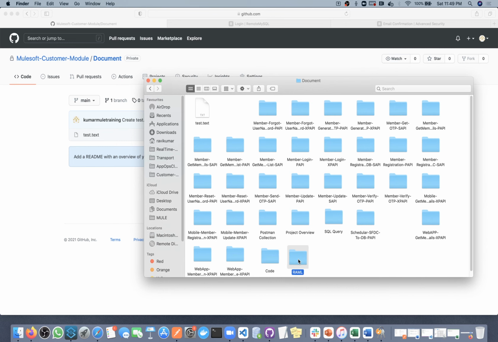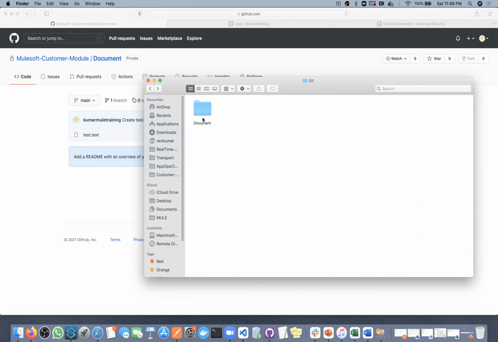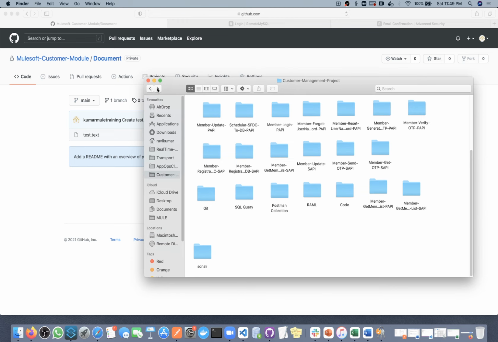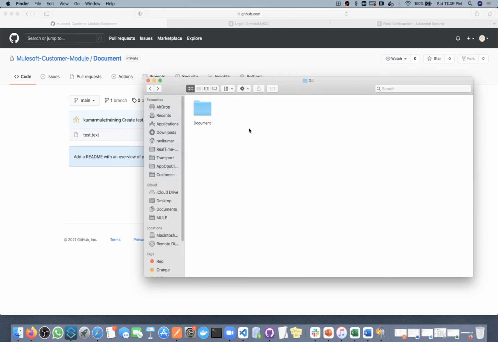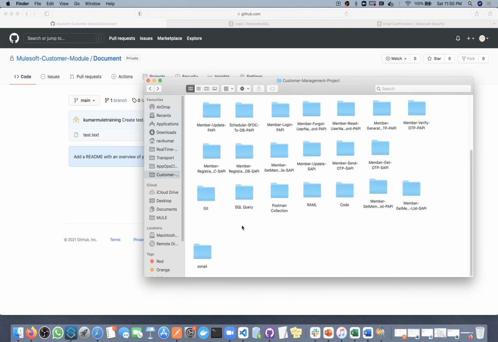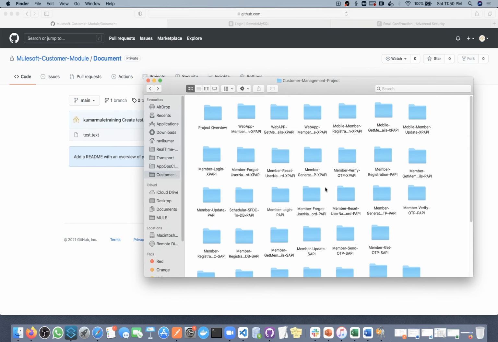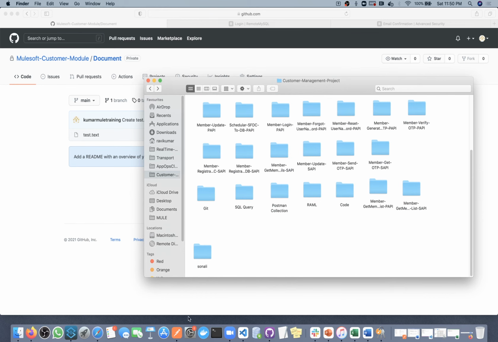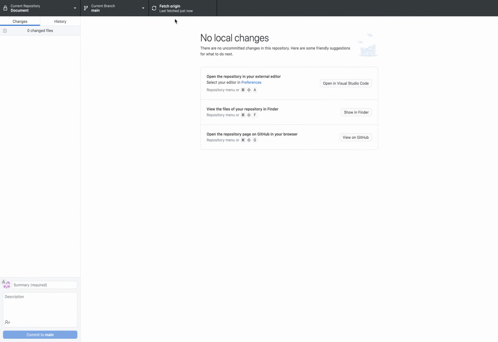Code we will keep outside, RAML we will keep outside. Anything else? Let me think. For now I am moving these two. Okay, leave it anyhow. We will not use that folder, so leave it there only. So is it completed? Yes.